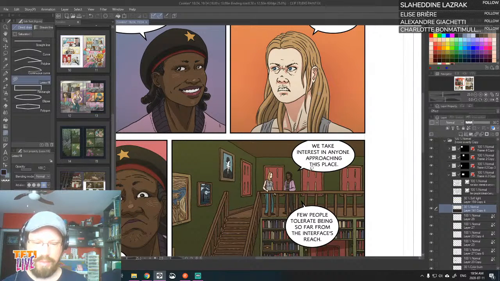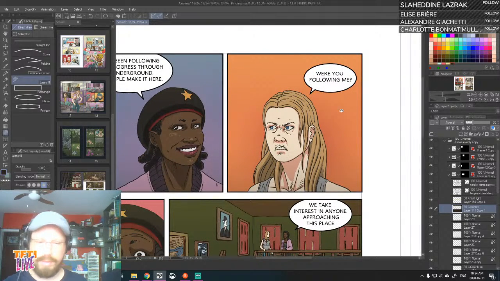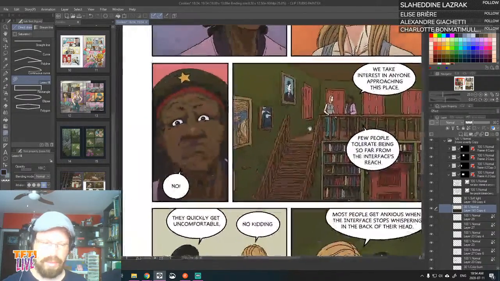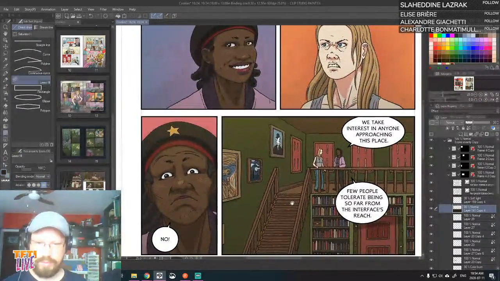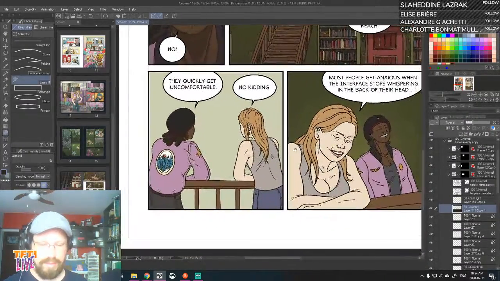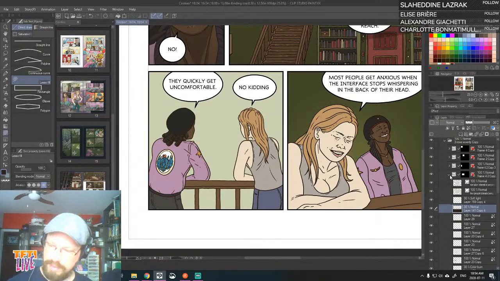And I have one background. We know where they are. We saw them in the previous scenes. So I don't think drawing the background would help that much. But it's difficult to know what to do for the background. I'm not entirely convinced I have it nailed down yet. So for this one, I'm using the emotion. That's kind of good. But for this one, I'm not really certain if I'm doing it correctly, because